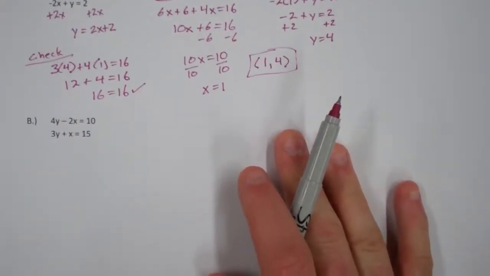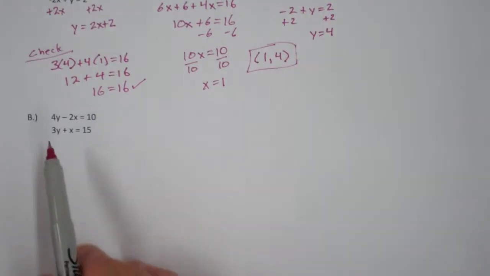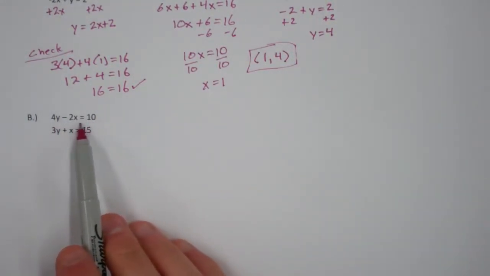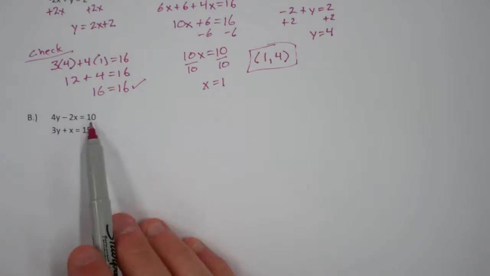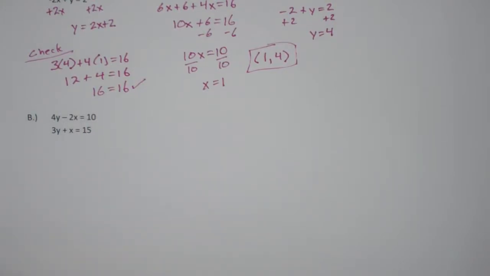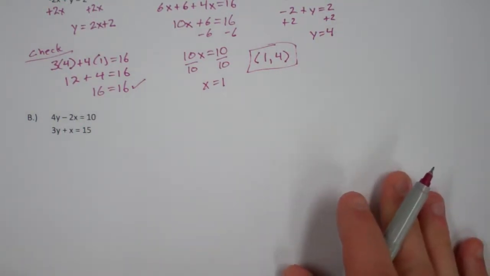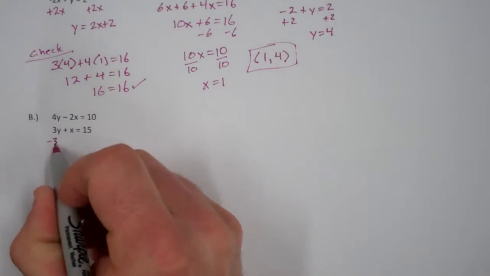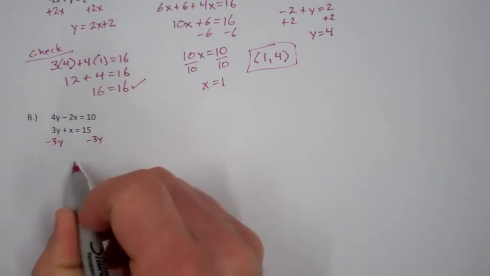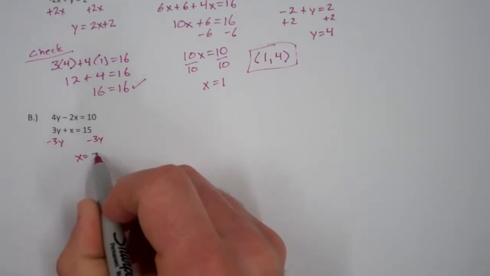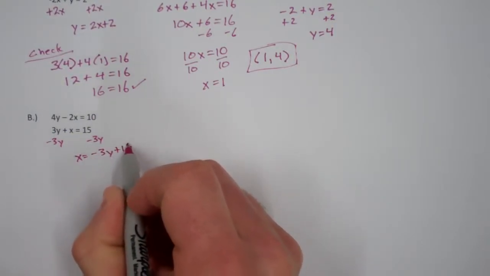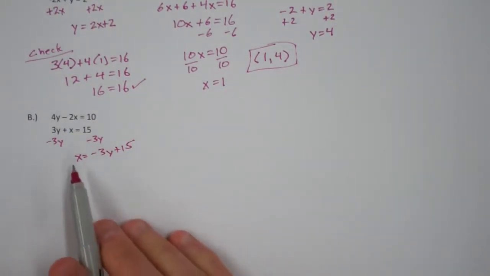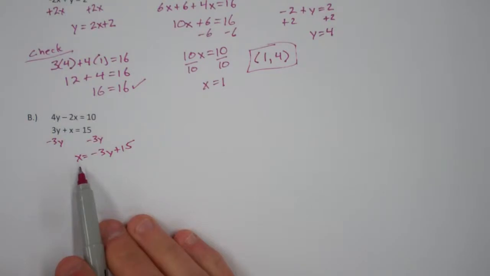Let's try the second one. This one, if I try to use the top one to solve for a variable, I'm going to have to subtract a term or add a term, and then divide by the coefficient. It's definitely possible to do, and that would be fine, but I think a more efficient way to do this is just to subtract 3y from the second one. And in one move, just subtracting 3y, we've got a variable solved for, and that's key for